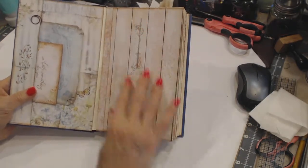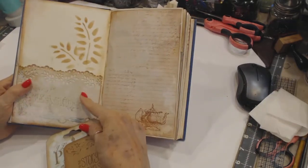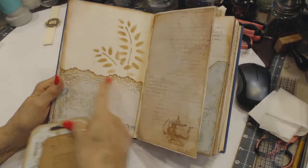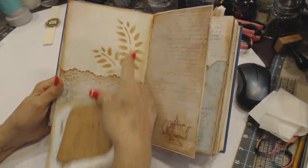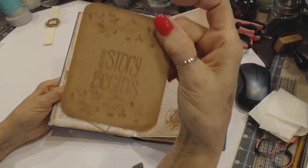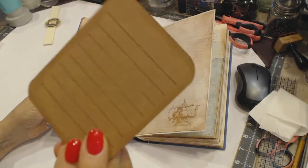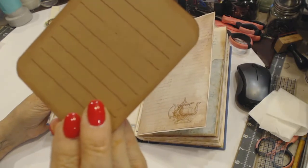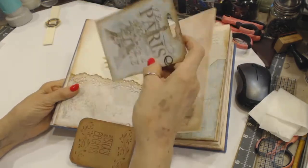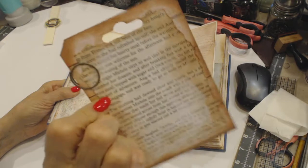I really like the page, so I didn't do anything to it. This is a pocket that I made from it says Seaside, and then I used Martha Stewart, and then I did some stenciling on the back. The story begins here. I just made this little tag out of craft cardstock. You can journal on the back, and then it's got the story, and then this came out of the paper collection, and I just glued on the back